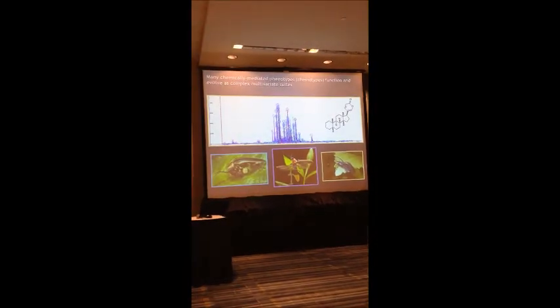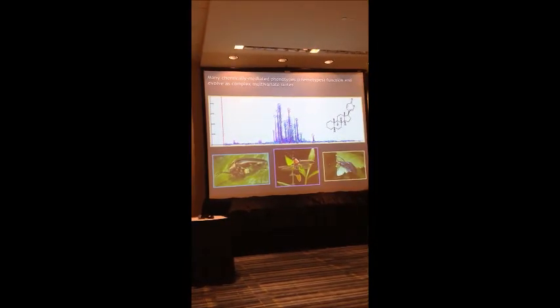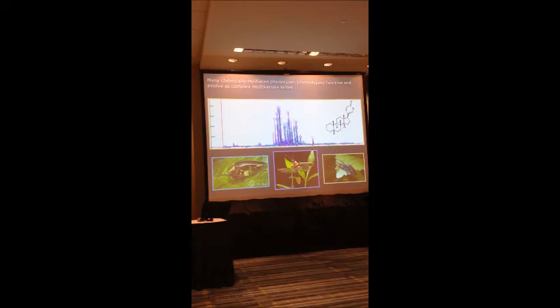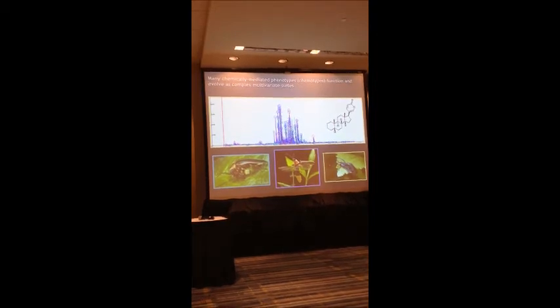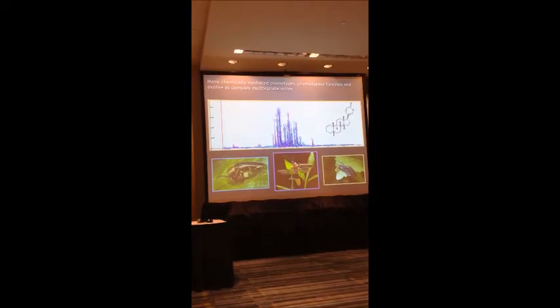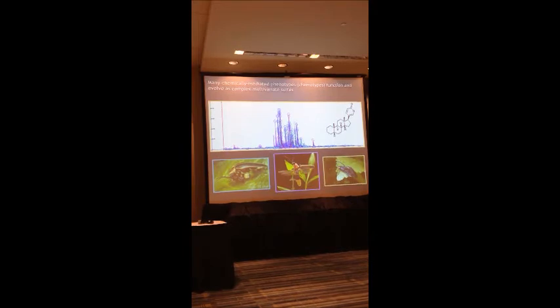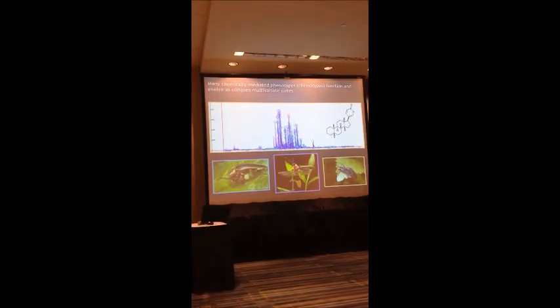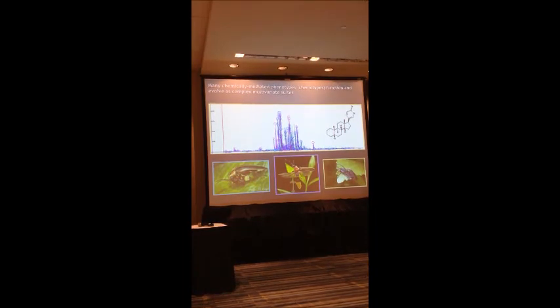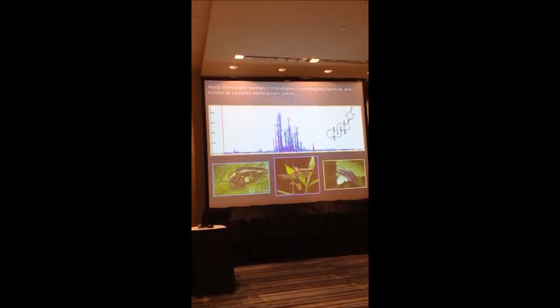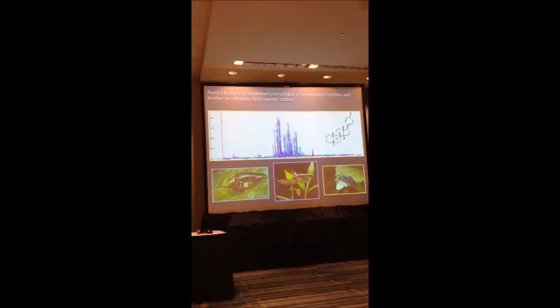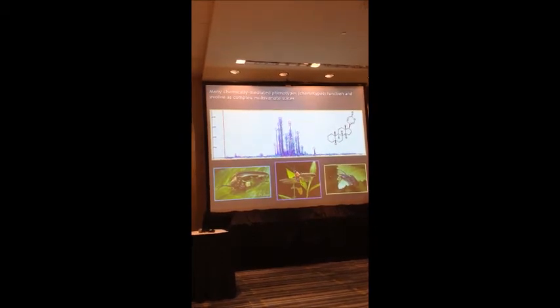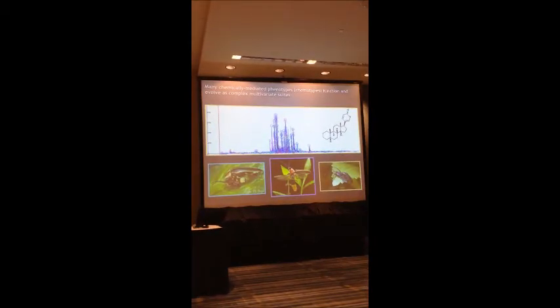And so, like most phenotypes, many of these chemically mediated phenotypes, or chemotypes, both function and evolve as complex multivariate traits. And by complex multivariate traits, I mean that they vary both qualitatively, in terms of the different molecules involved, and quantitatively, in terms of the relative abundances or total abundances of each of those compounds. And so, for this talk, I'm going to use examples from my research on the chemical defenses in fireflies.